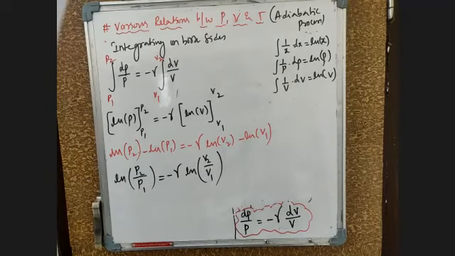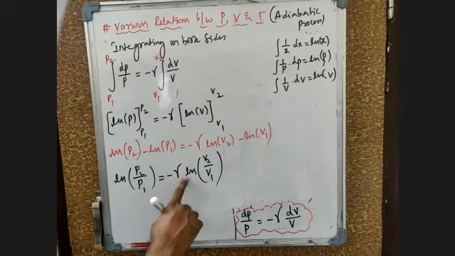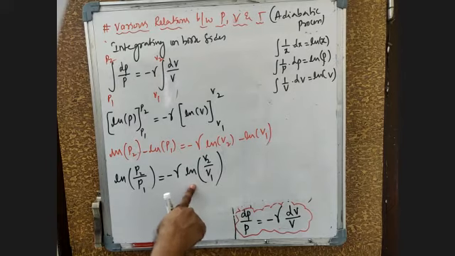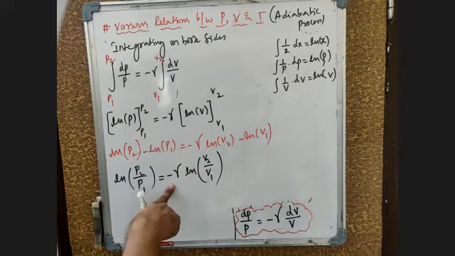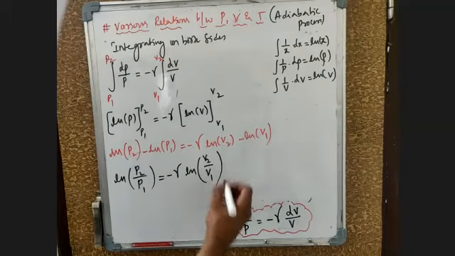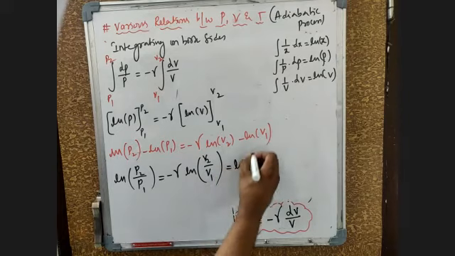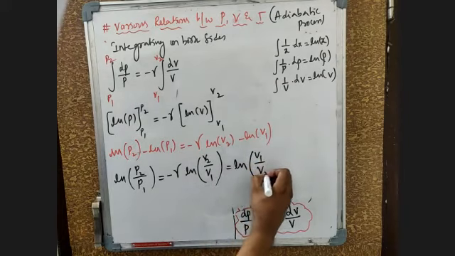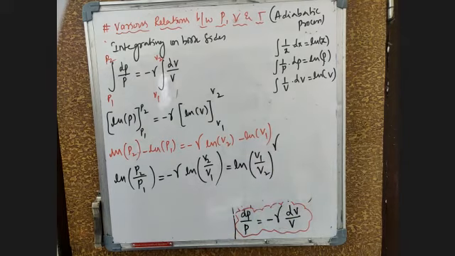So there is a relation between the quantities that I am getting right now: ln of P2 by P1 is equal to minus gamma times ln of V2 by V1. Now if I remove this minus sign here, how do you write that relation? V1 by V2. So this will become ln of V1 by V2 to the power of gamma.